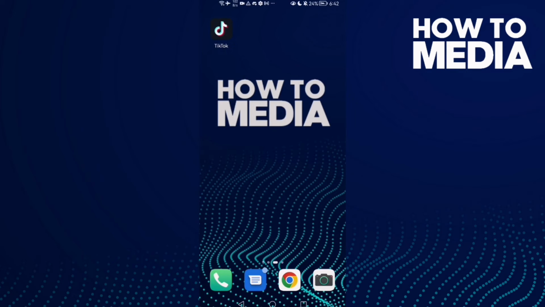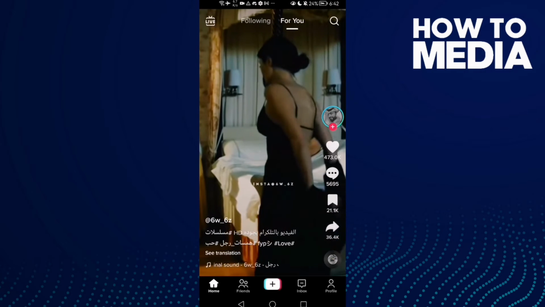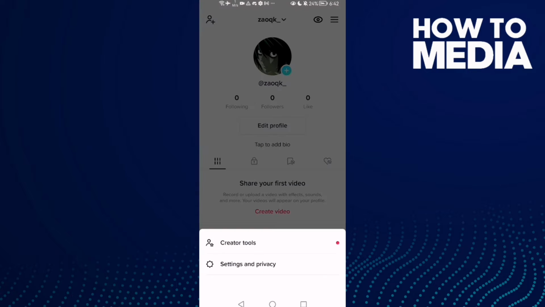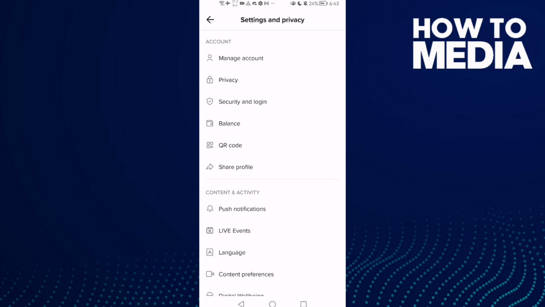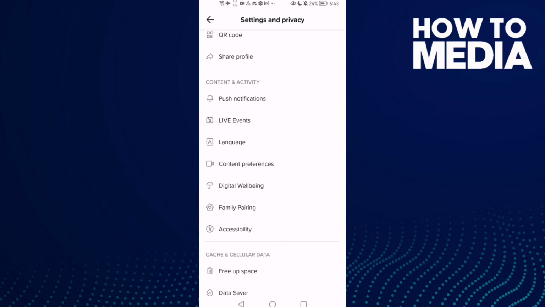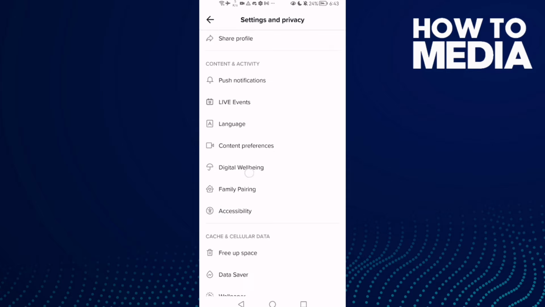First, open TikTok. Here you will find profile, click on it and then click these three lines in the top corner, and here you will find settings and privacy, and then just scroll down. Here you will find digital well-being,